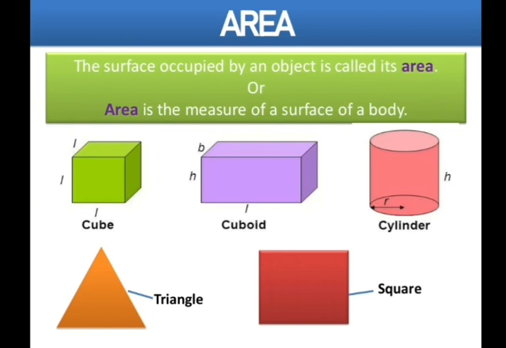Now you say, okay ma'am, this is fine, but do we never calculate the area of any three-dimensional object? The answer is no. We calculate, but while calculating the area of such an object, we only consider two parameters, that are either the length and the breadth, or the breadth and height, or the length and height. This means for such an object, we do not consider the object as a whole, but we calculate only the one face.